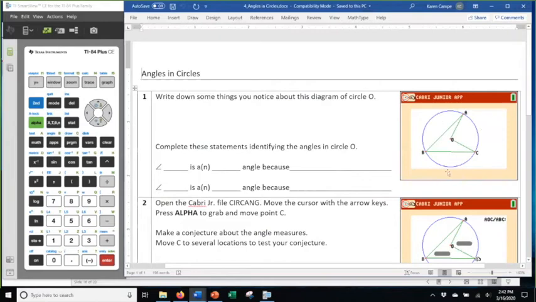I want students, when they first look at this, to write down some things that they notice. I want them to notice things like A, B, and C are on the circle itself, on the edges. So you might call BC and AB chords, AO and CO radii. Getting at the idea of what makes a central angle, what makes an inscribed angle. But students might notice that angle ABC is acute and maybe angle AOC in this picture looks like it's perhaps a right angle. That's okay if they notice those things that are off of what I was looking for,